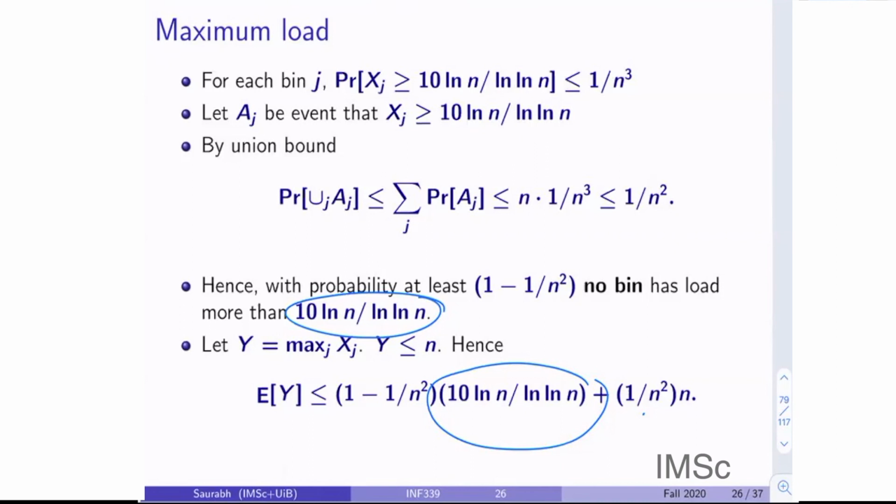But suppose we did the following: we picked 2 bins uniformly at random and put our ball in the bin which is least occupied among these 2. And if both contain an equal number of balls, just put it anywhere. Then you can show that with very high probability, no bin contains more than log n balls. And we will see this also has a very beautiful analog in how we deal with objects in big data, okay?